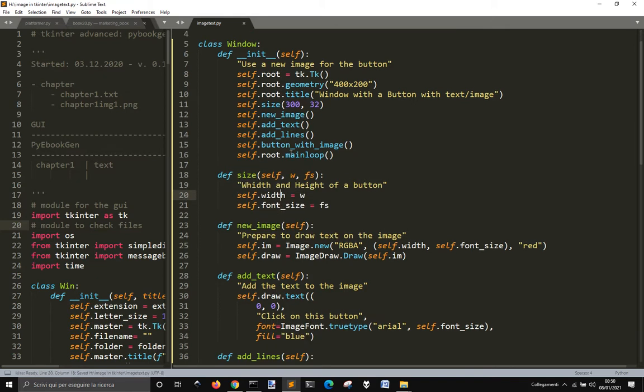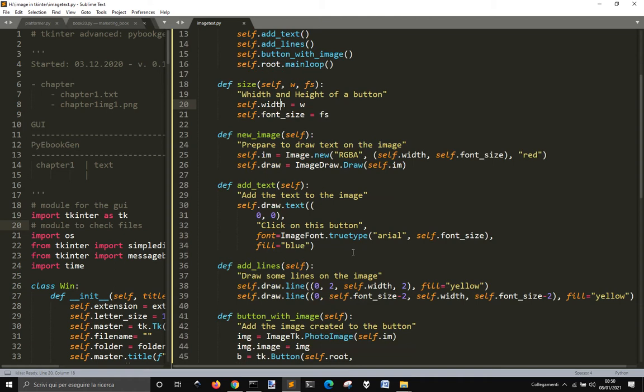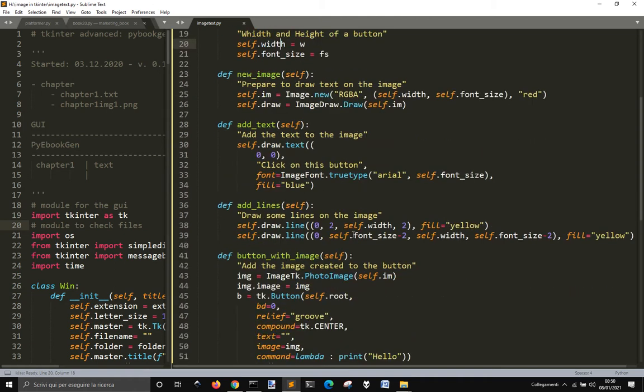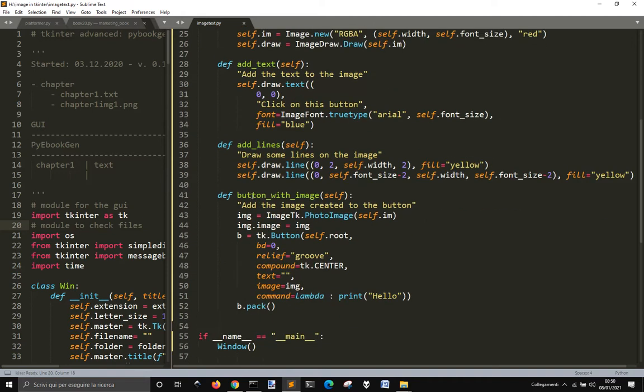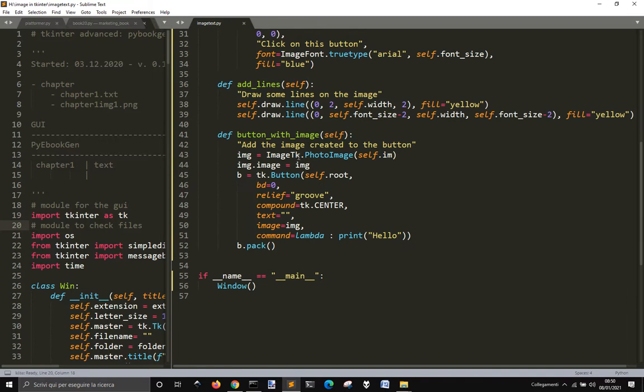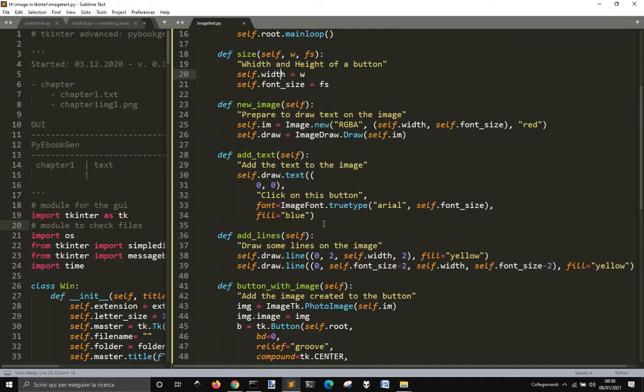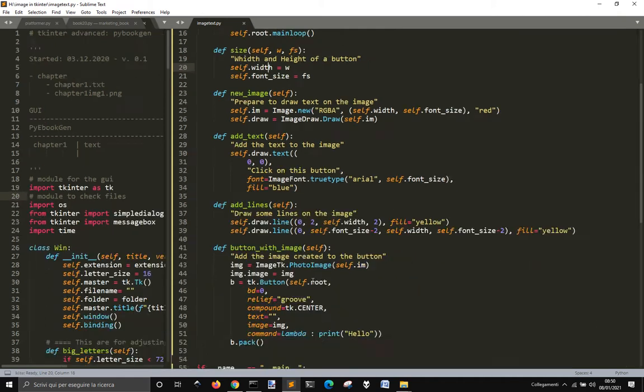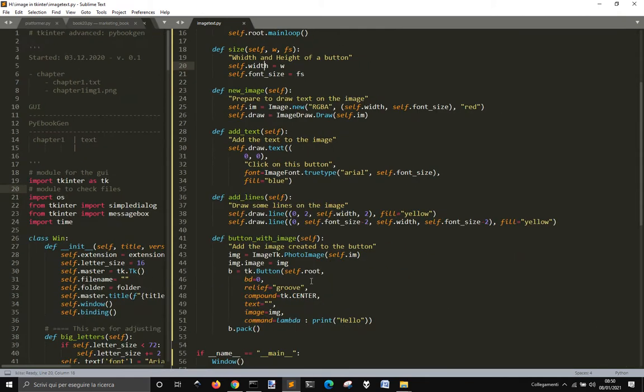So width and sizes, and okay, so we add the text, then we add a couple of lines, and then we create a button with an image. So we get this self.im. There is this new image that I created, and